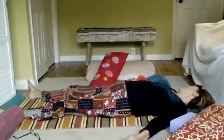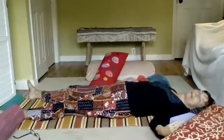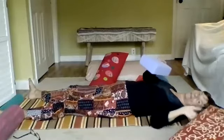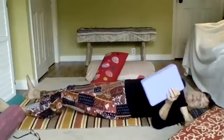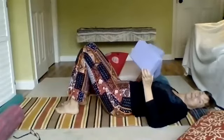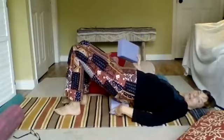All right, so we're going to do a final pose here just to get the fronts of the thighs a little more stress. I'm going to use my blocks today. We're going to bend the knees. And you can use your blocks or you can use your roller if you have it nearby. We're going to lift up and place